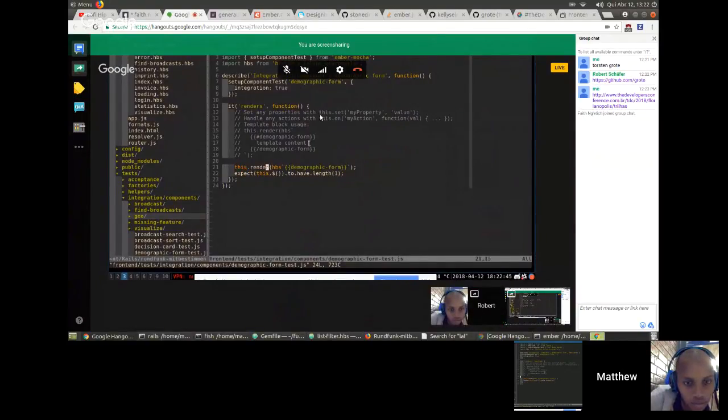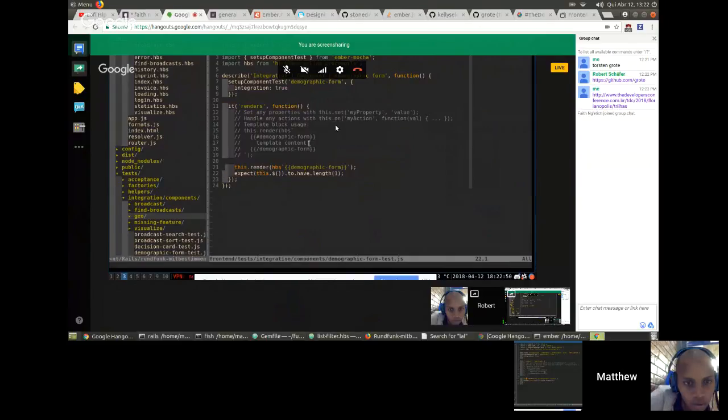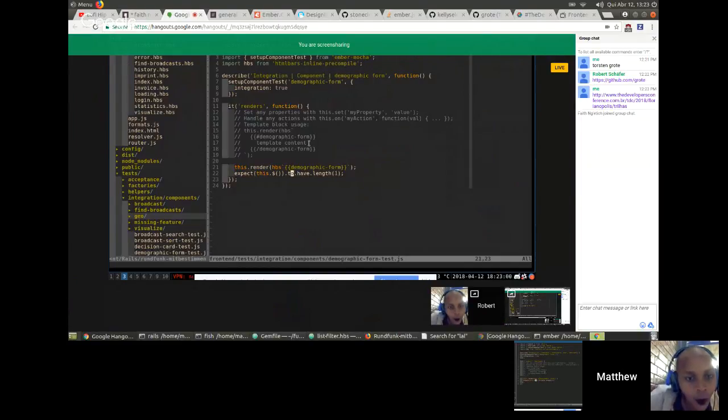And this test is not doing many things. Here, this is the test case. And it's currently only rendering the template, demographic form. And then it expects to have length 1. That is, okay, it just exists. It's there. That's all. Okay. Here, this one is code, this part. We can copy that and put it